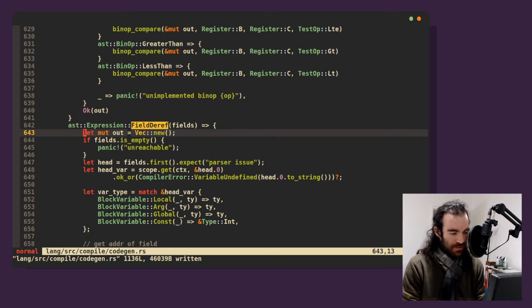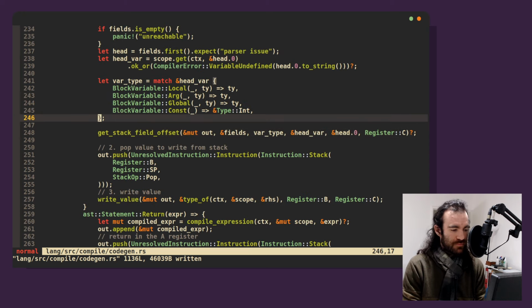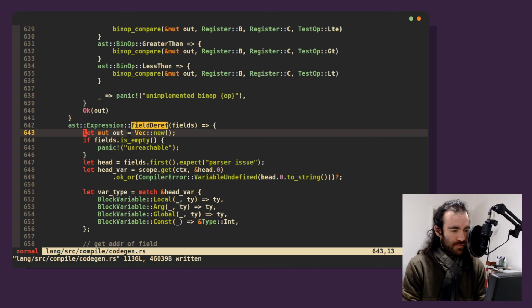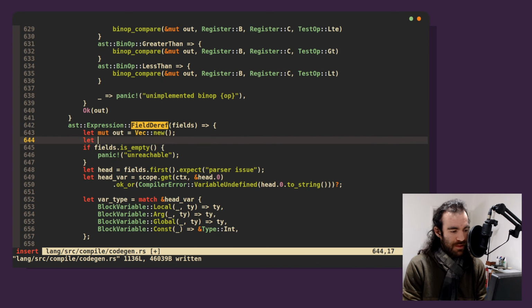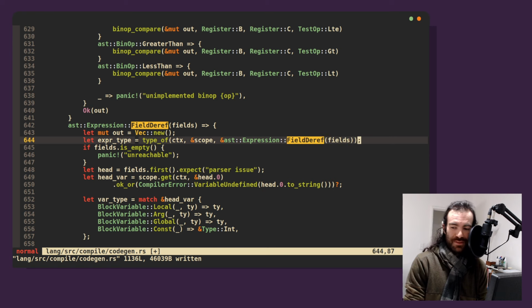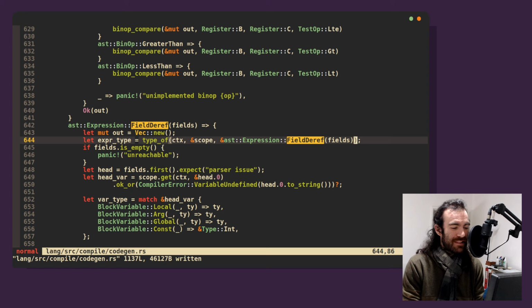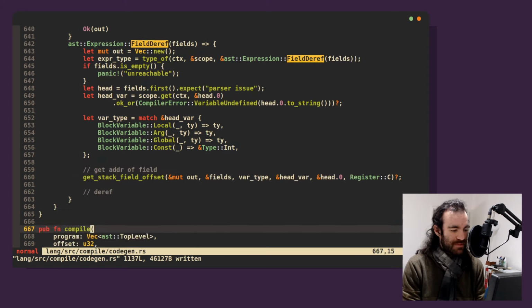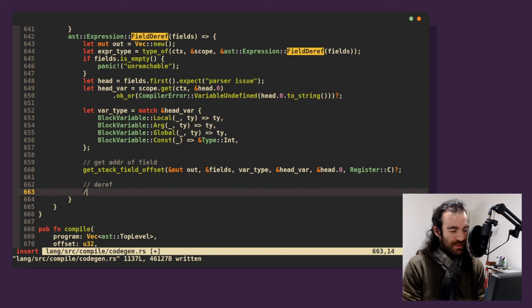Almost. Okay, so we need to know the type. We need the context, we need a scope, and then we're going to grab, I guess we have to wrap it up in this whole thing, which is kind of funny. Okay, so we get the type. We get the type by walking through all the fields. This becomes important at the end, because if